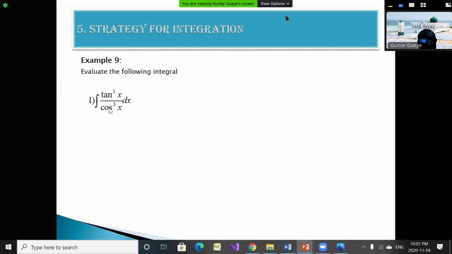So let's say you want to integrate tan cube of x over cos cube. At the beginning, this function looks complicated because if you look at it, you don't know which function has its derivative equal to tan cube over cos cube. I don't know exactly what it is. So that's why you need to